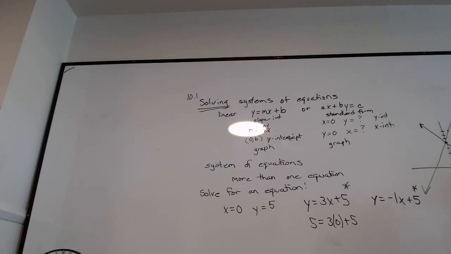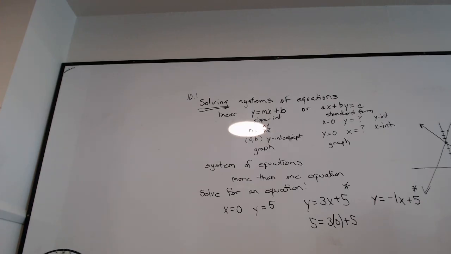These points represent all the points that make this equation true. Which point makes both of them true? Y equals 5. Yes, y equals 5 and x equals what? 0. So the point 0, 5 makes